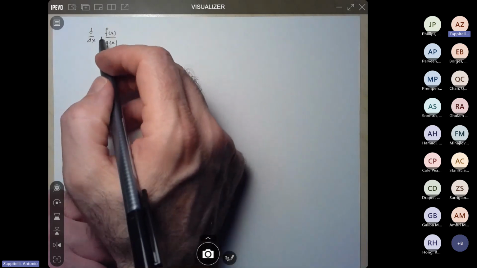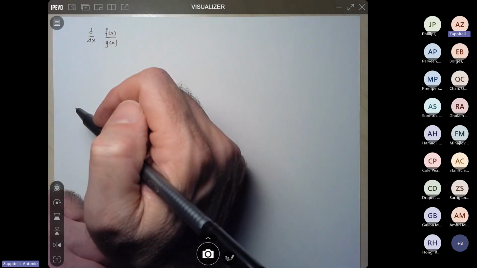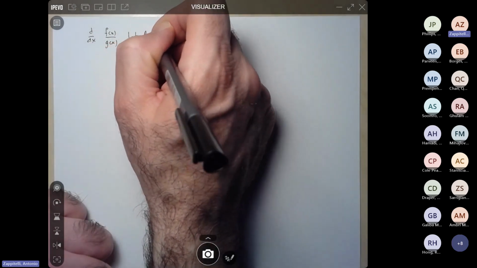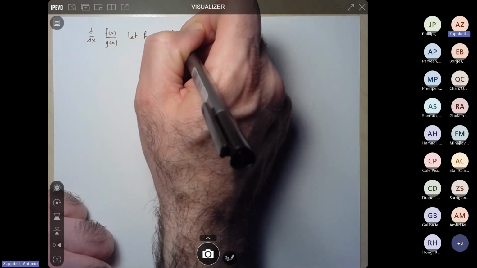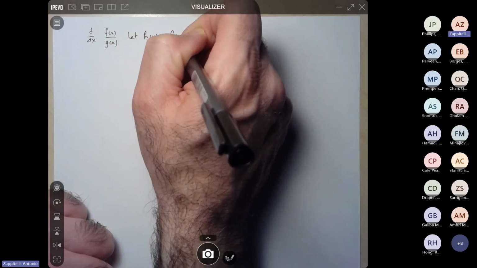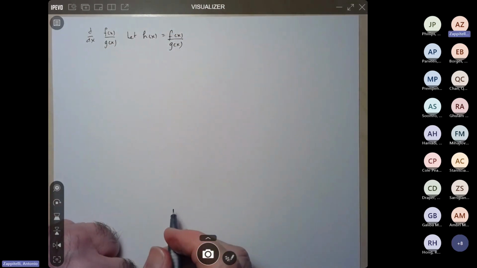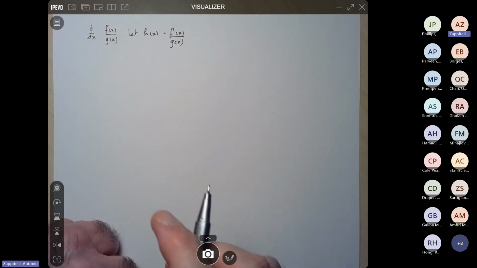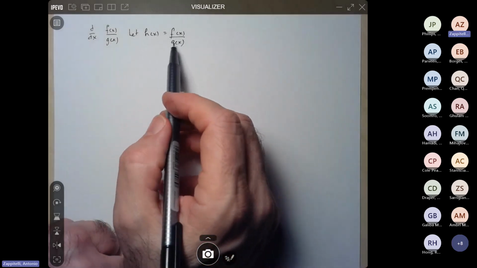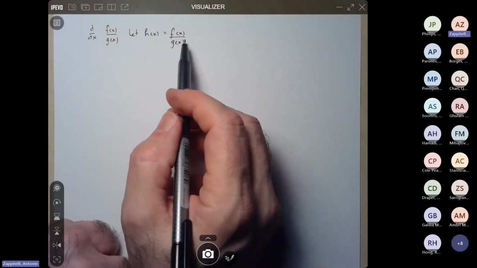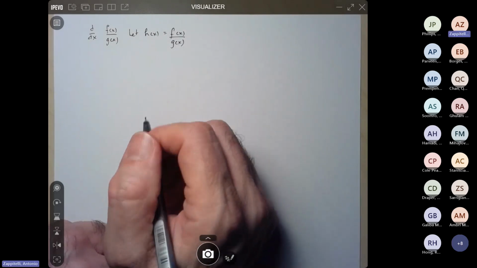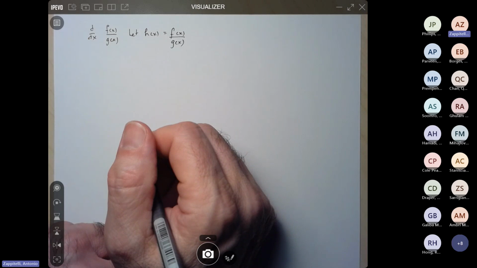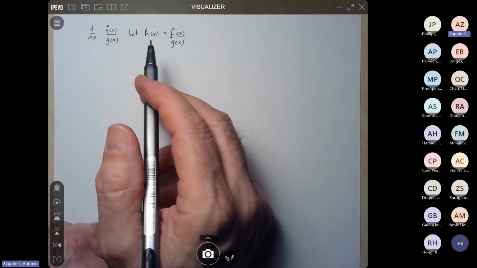So what I'm going to do is give a name to this quotient function. I'll say let h of x equal f of x over g of x. And this is where, again, somebody at some point had a very clever idea. They said, you know what? If I can take this and turn it into an equation that has a multiplication in it, the product of two